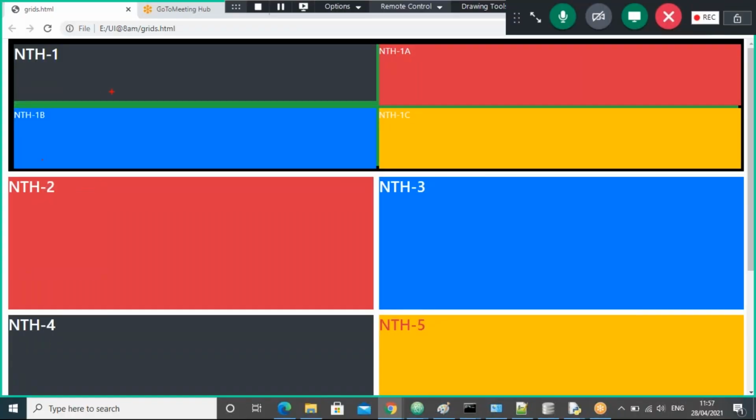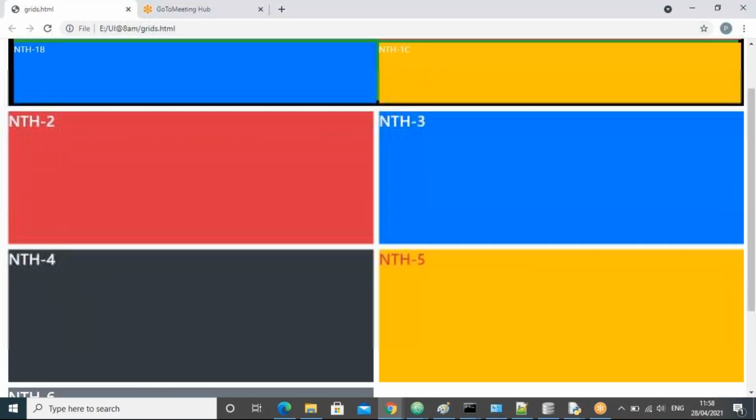This is the H1, H1 grid, H3 grid, here a division grid, here a division grid, here a division grid. These four are available on top of the nth H1. For nth H1, what is the background color taken? Success color. That's why in the background we can see that green color, guys.